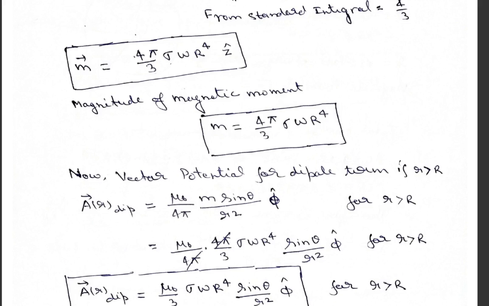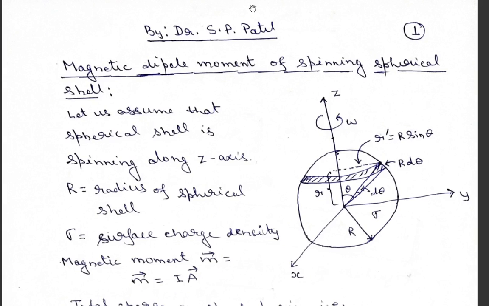If the spherical shell is rotating like this, that means the charge density will rotate, will move. If the charge density moves, this will give a current. It means whatever current is associated with the spinning of the spherical shell will also be circulating. That means it will be in the azimuthal direction, the phi direction.